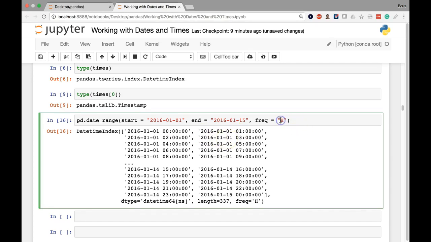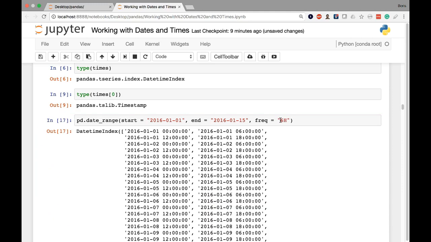And similarly, just like we did with days a couple of minutes ago, we can specify a number in front of here. So if we wanted to create these datetime values in increments of 6 hours between a start of January 1st and an end of January 15th, we can do something like this. And you can see it's going to proceed in increments of 6 hours. So we have midnight, then we go to 6 a.m., then noon, then 6 p.m., and then back to the